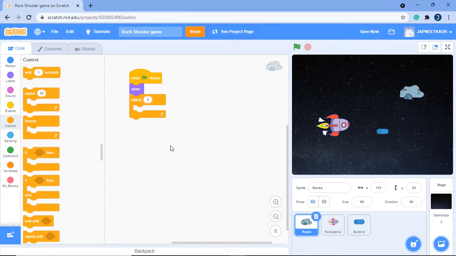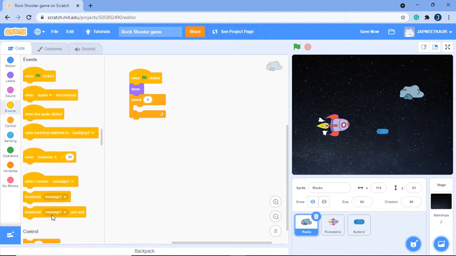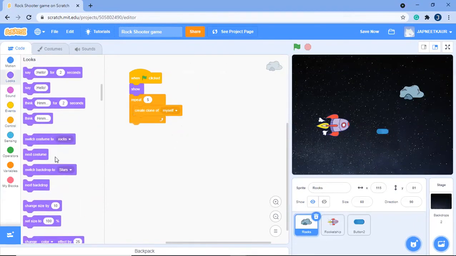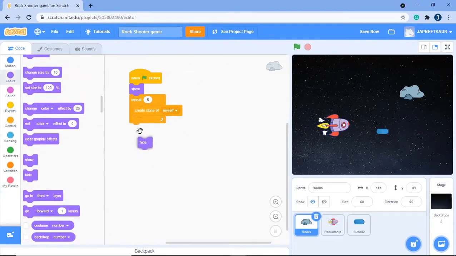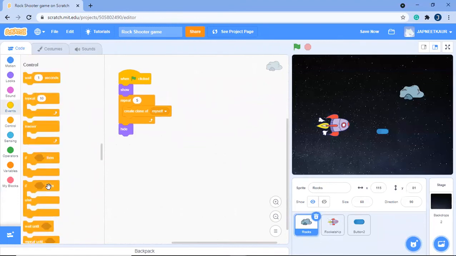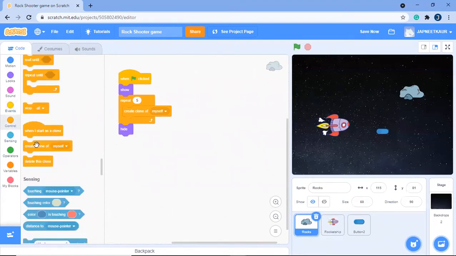What we will repeat? Create clones of myself. So we will create clones, and after that hide them. Now I will go to events and control, and when I start as a clone,